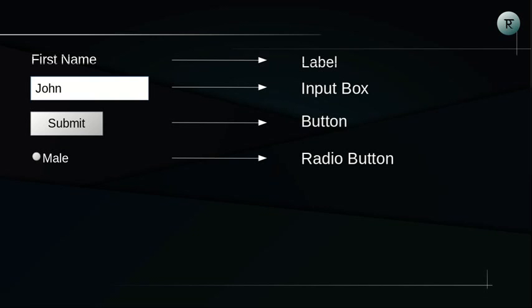This is a radio button. Whenever you come across this circle thing, understand that this is a radio button. Similarly, when we have this square thing, we have a checkbox. So there is one more difference between radio button and checkbox. In a radio button, we can select only one option out of whatever number is given, but in a checkbox we can click on multiple options. That also we'll see in our form.